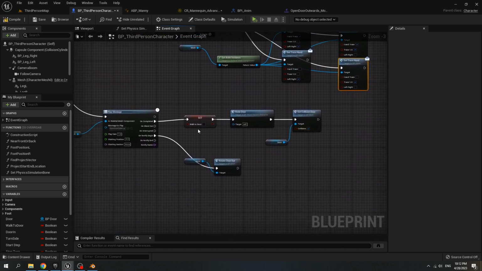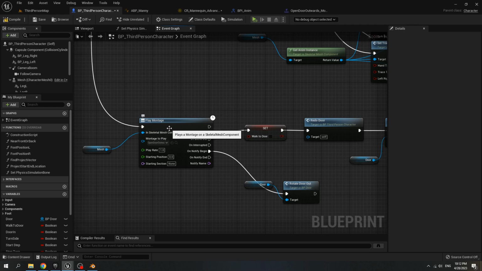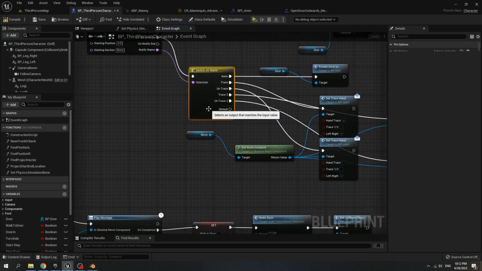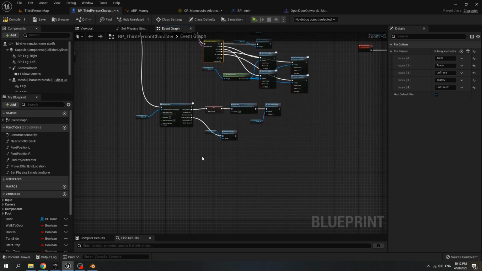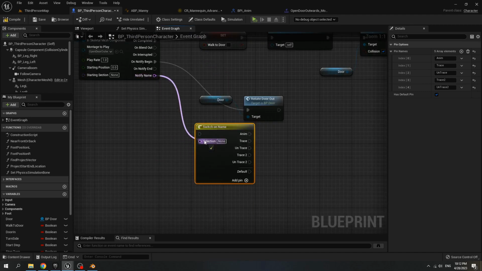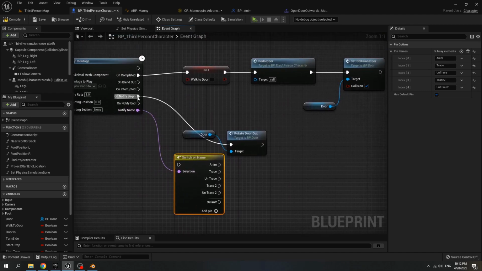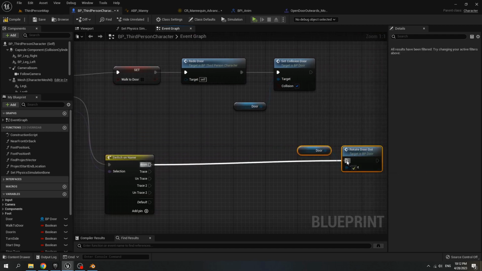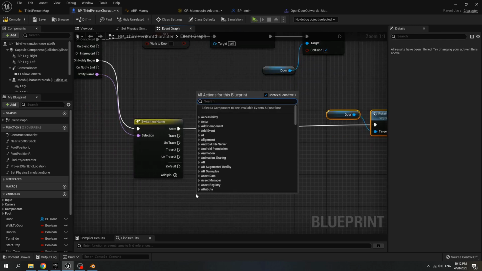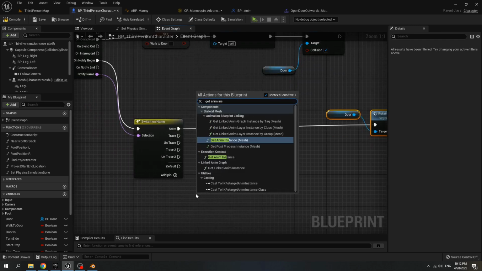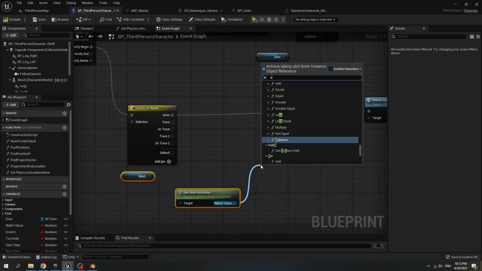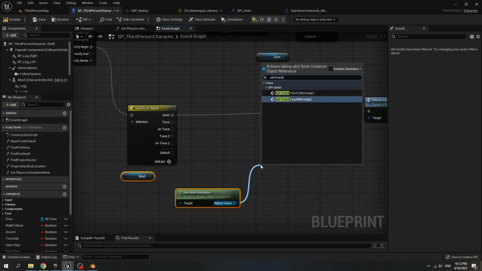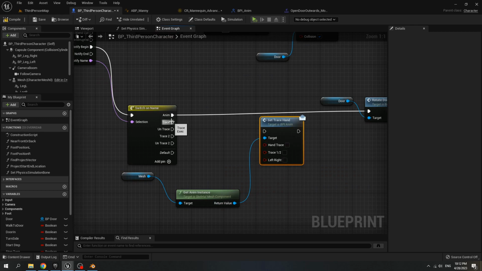And then for another play montage, the same as this, we copy the switch on name, paste it, notify name to the selection, and notify begin to the switch. For the end name, need to rotate door out, and get anim instance from mesh, and set trace hand message. For the trace, set hand trace to true, left right to true.